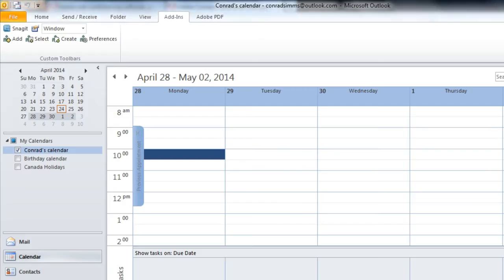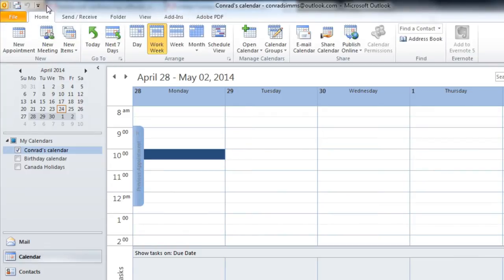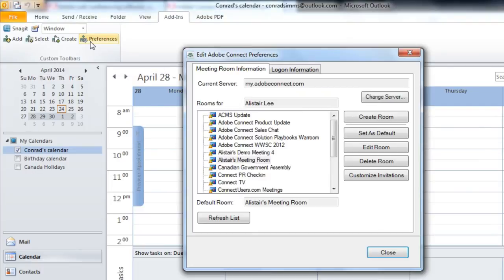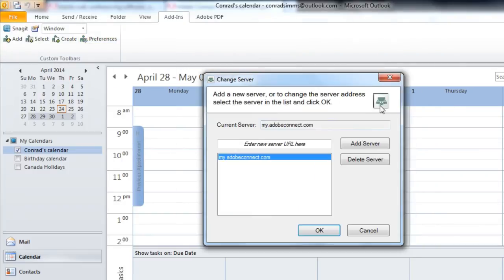Once you've installed, it'll show up in your Outlook under the Add-ins menu. So from the Home menu, click on Add-ins, and you'll see 4 icons from the home screen. You'll be prompted immediately to go in and set up your Adobe Connect server. This only has to be done once, then it will be remembered. So I'm going to click on Preferences here. I've already set one up, but I'm going to change that so we can take a look at the setup